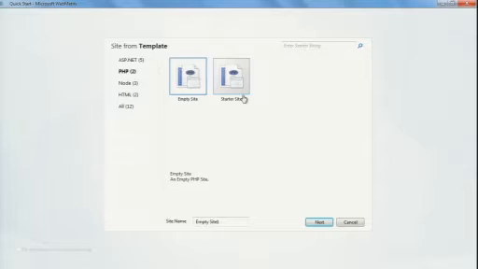MySQL, so if you don't have MySQL installed, it will go ahead and create a site with MySQL installation done for you. Nice. If you don't have PHP installed, it will install PHP 5.3 as well. So it will take care of all of those things, and then you can get started with PHP right there. We will have one show probably dedicated to PHP and WebMatrix, where we'll talk about MySQL editing, PHP editing,